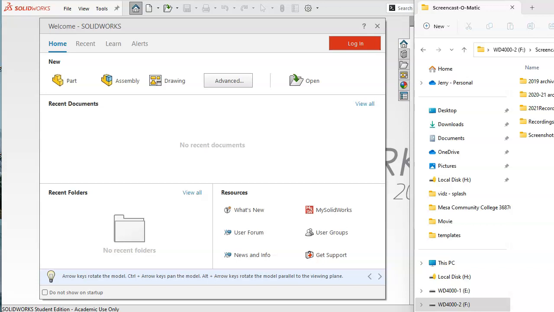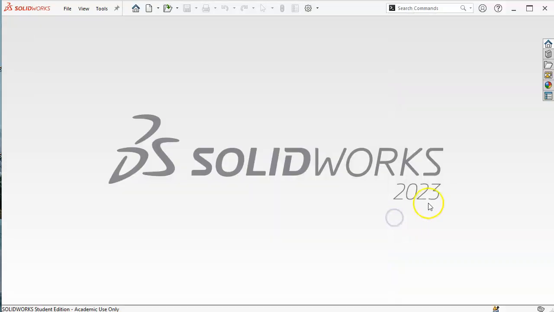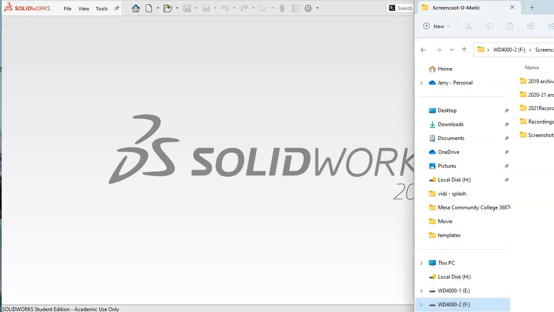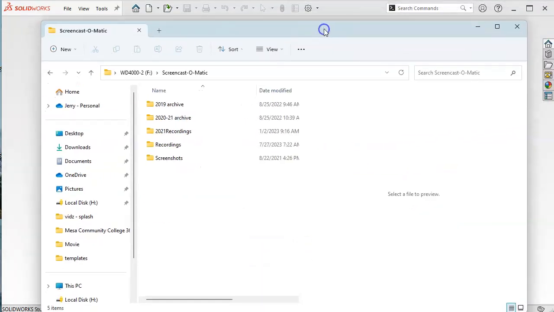I have upgraded to SolidWorks 2023. You won't notice too many changes. Probably the main one is on the splash screen. We get the 2023. One of the things it did though was I lost the template that I created for